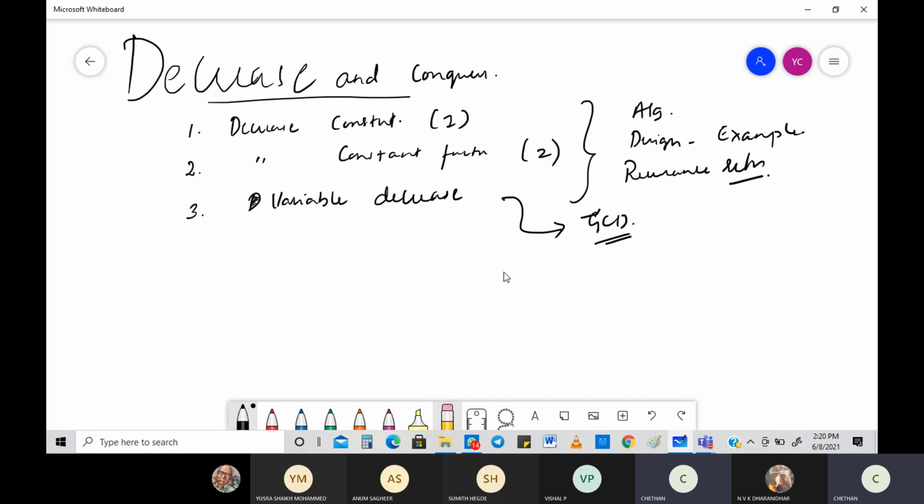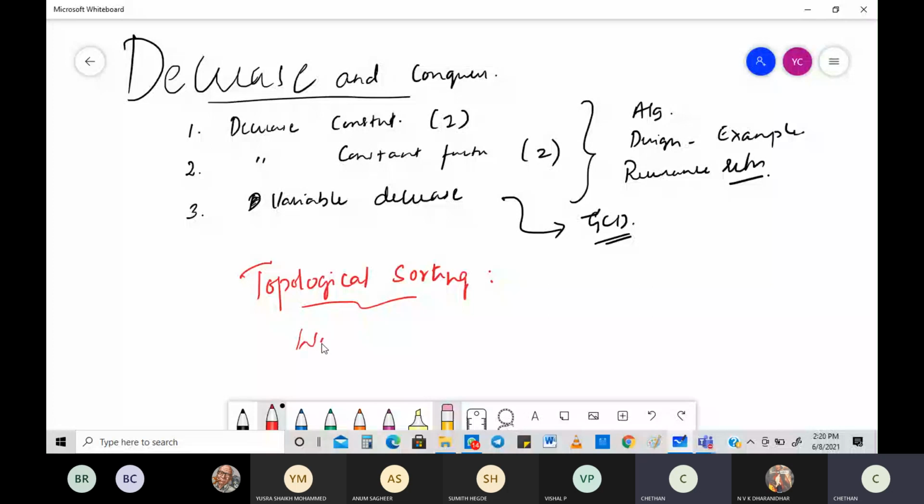Now, why we are learning decrease and conquer is we need to figure out two important things. There is a thing called topological sorting, which you need to understand. What is the meaning of topological sorting? You are trying to sort a few things in some sort of order.